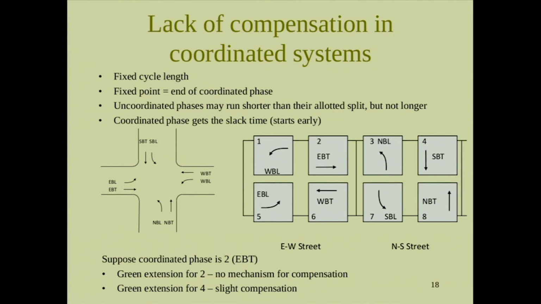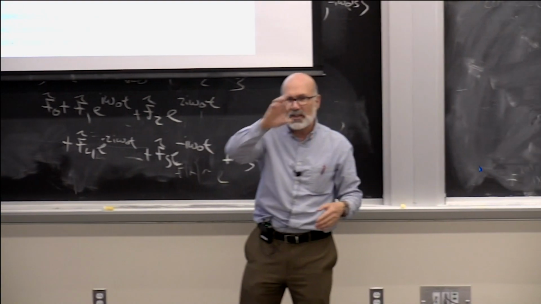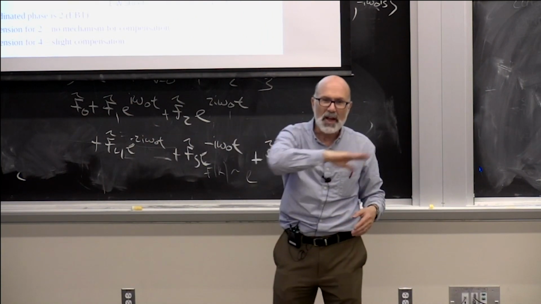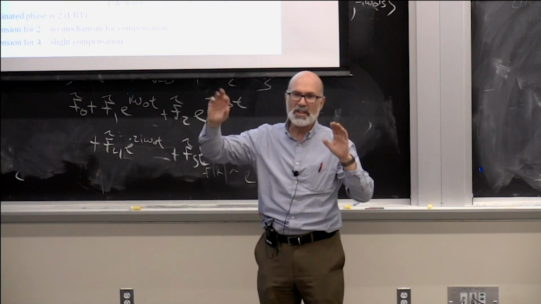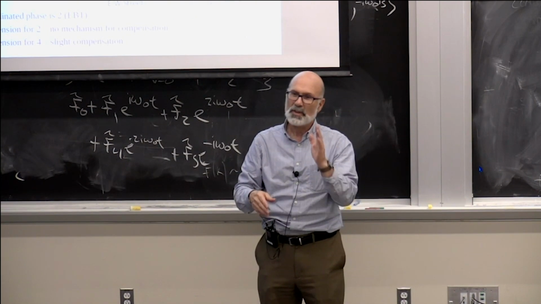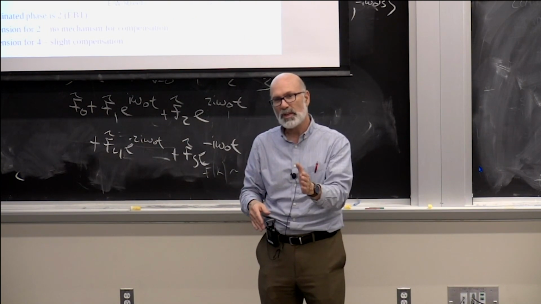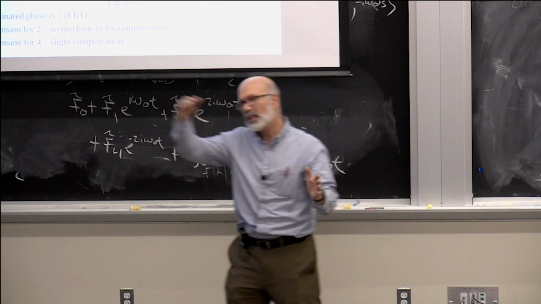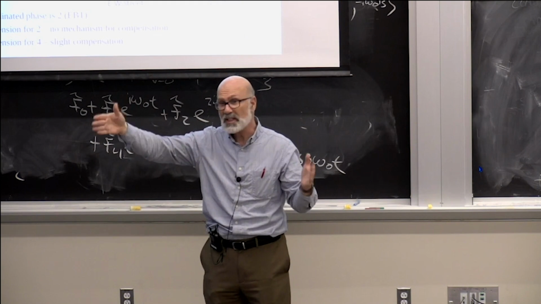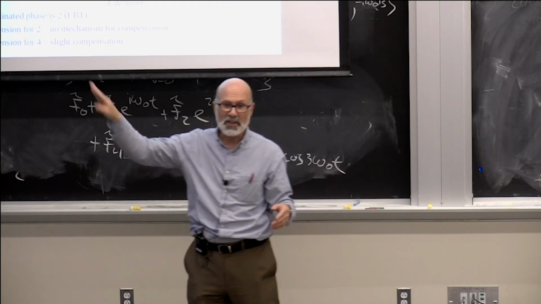And the advantage to do that is when you have many signals in a line on an arterial and you want a green wave, you have them all on the same cycle, and then you have their differing offsets. So let's say signal 1, its green starts at time 0. The next one that's maybe 20 seconds away, well, its green starts at time 20. And that way, the cars can get a green wave.